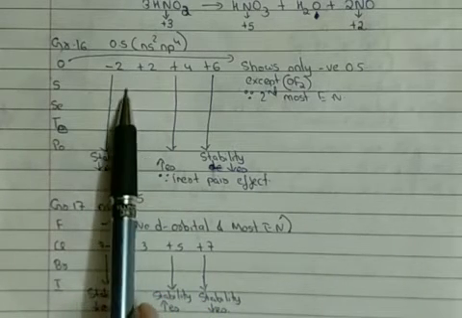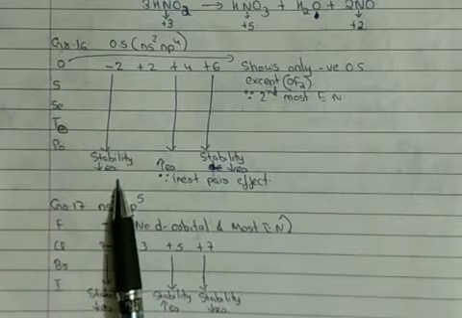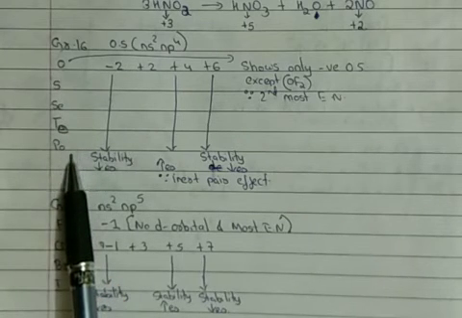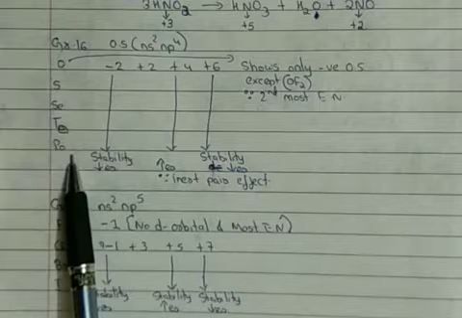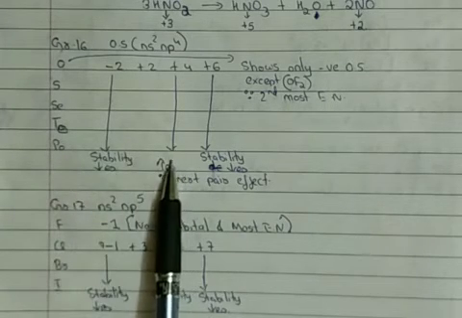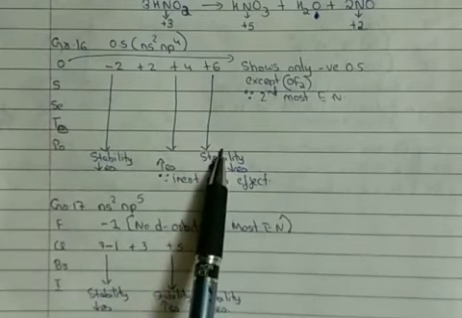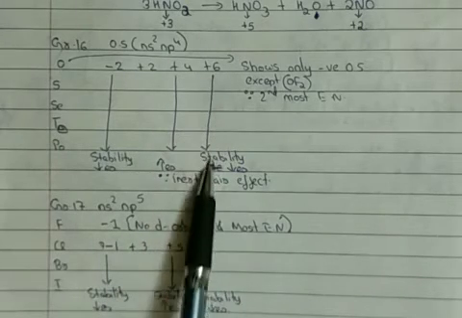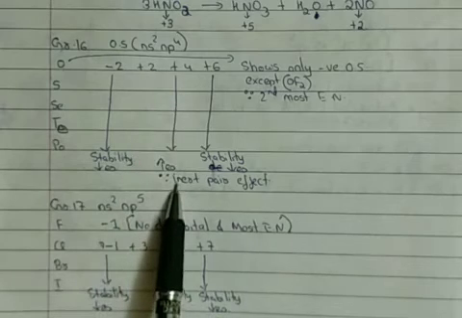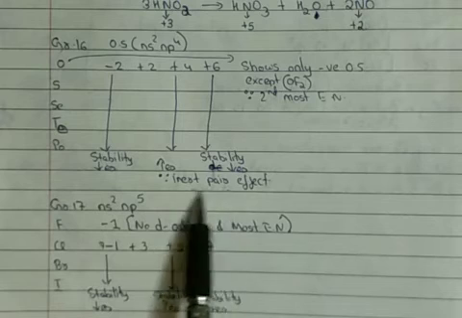Now in this, let us compare first -2. The -2 stability goes on decreasing down the group. The reason is the same: atomic size goes on increasing and its metallic character also goes on increasing. So that is why -2 stability goes on decreasing. If we compare the stability of +4 and +6, same as group 15, the higher oxidation state stability, that is +6, goes on decreasing down the group, and the lower oxidation state, that is +4, stability goes on increasing down the group. Again, the reason for this is the inert pair effect.